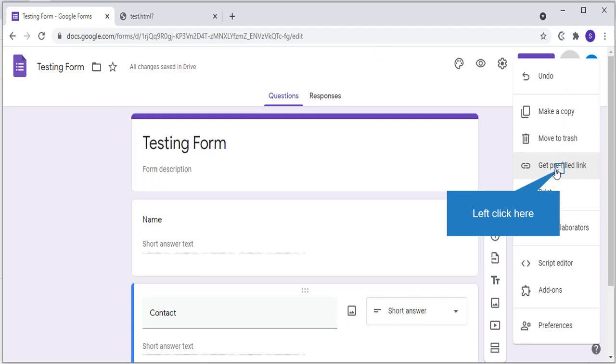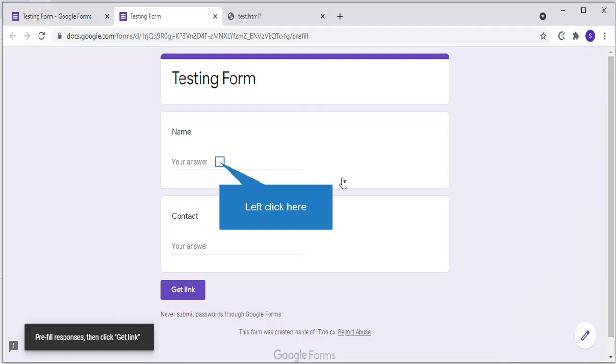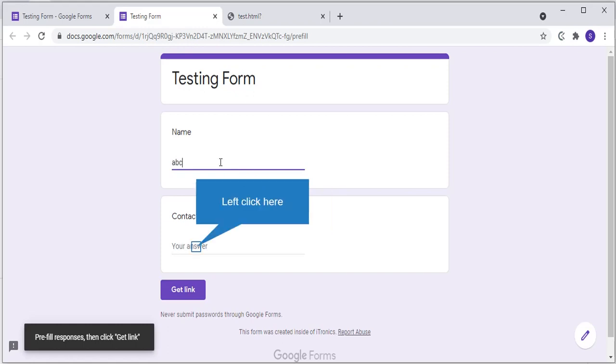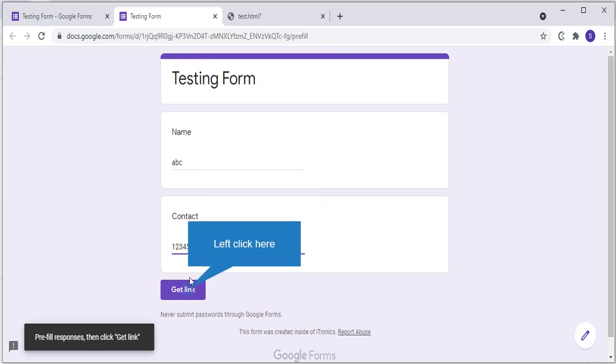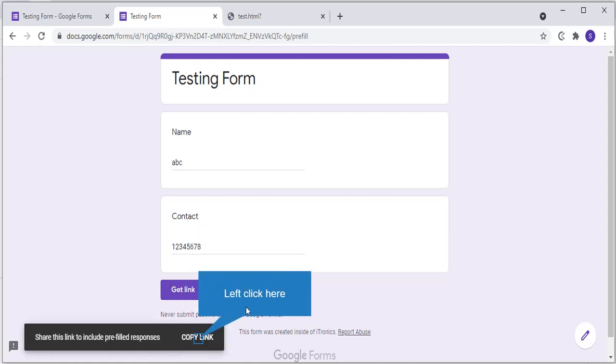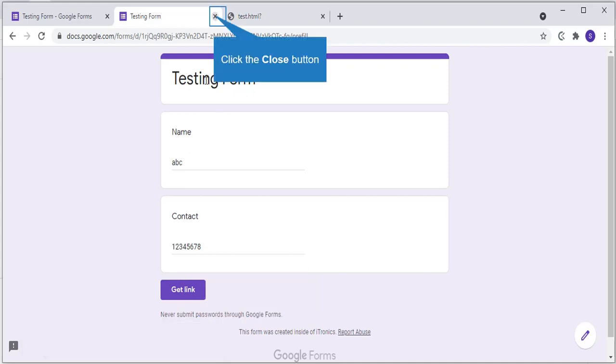When you click on this, a form will appear and you can give any dummy entries like I did, and then you can click on the button, get link. After clicking, you will see the copy link option and you have to click on that.